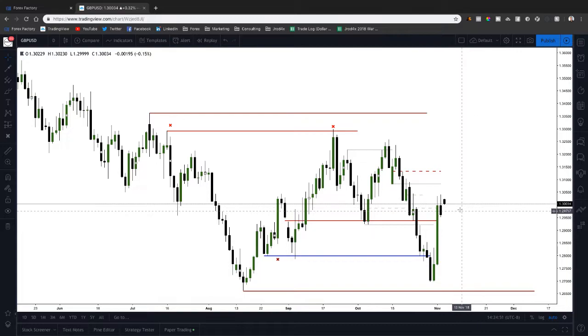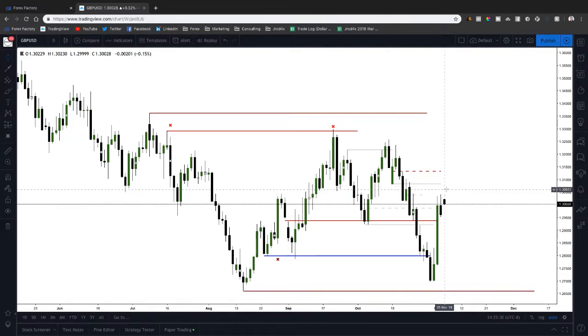But as long as we stay below the 1.3040 level, ideally 1.3050 specifically, I'll be looking for lower prices, taking out the liquidity below here, the 1.27 big figure. And if we can get below this low here, it's 1.2660. So the 1.27 big figure and 1.2660 will be my targets. And again, for that to happen, I need to see this high that was formed on Friday hold. So they can't come back above this high at 1.3040, or if you give it 10 pips of extra room, 1.3050.